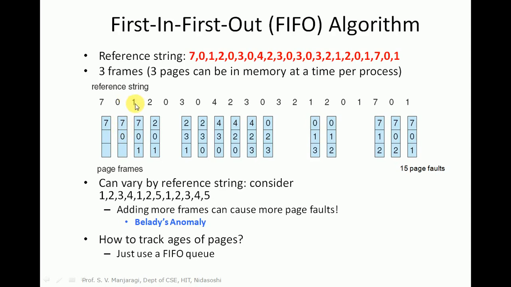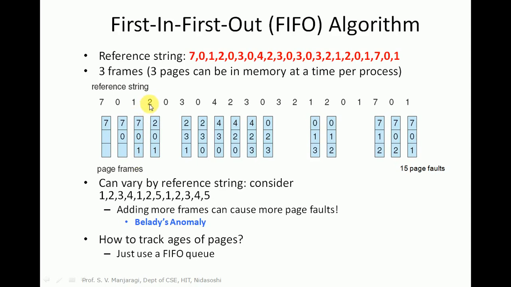The next reference is 1 here. Again we look at the physical memory. This particular page is not there, and a page fault occurs here. It will be loaded into the free frame. This particular frame is free, and page 1 is loaded onto it. Now in the physical memory, 3 pages have been loaded, 7, 0, 1, and no free frames are available here.